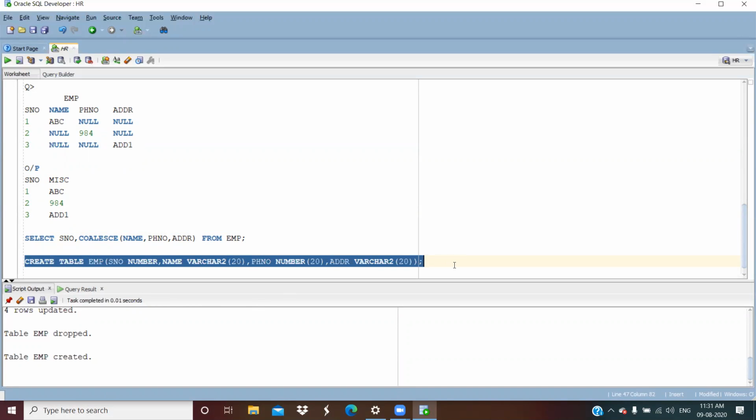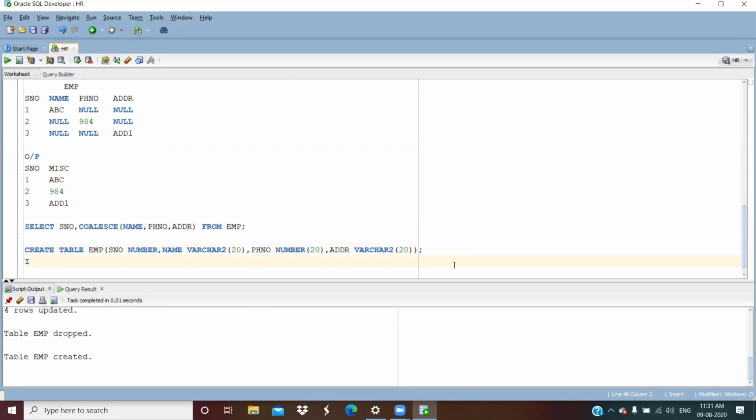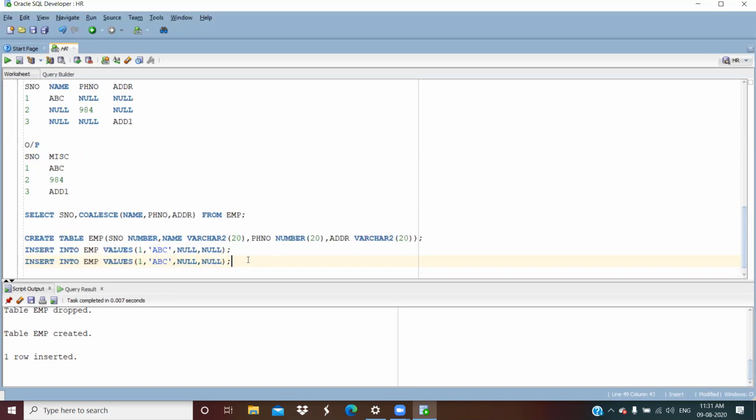Table EMP is created. Now I'll insert some values inside this. Insert into EMP values 1, ABC, null, null. One more row I'll insert.